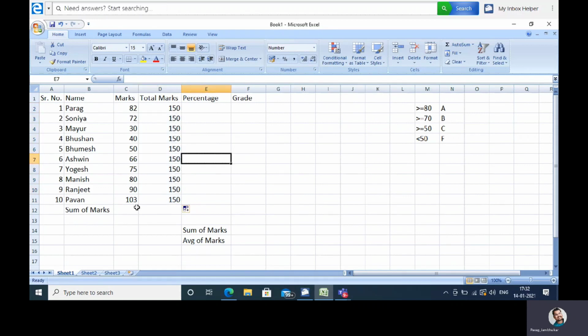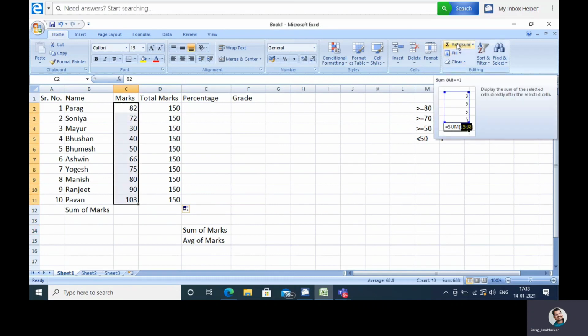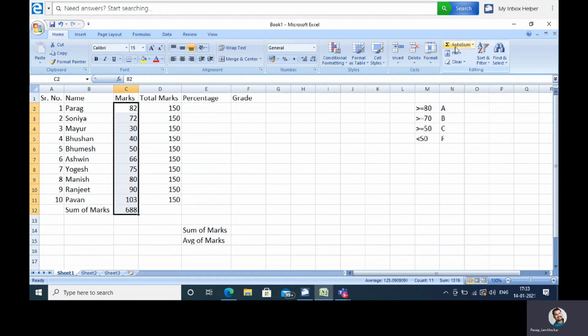Now I want sum of these marks here in this cell. So when you want sum of these marks in just the next cell, this is a shortcut. So just select these cells and click on this arrow, AutoSum. So here you got sum.